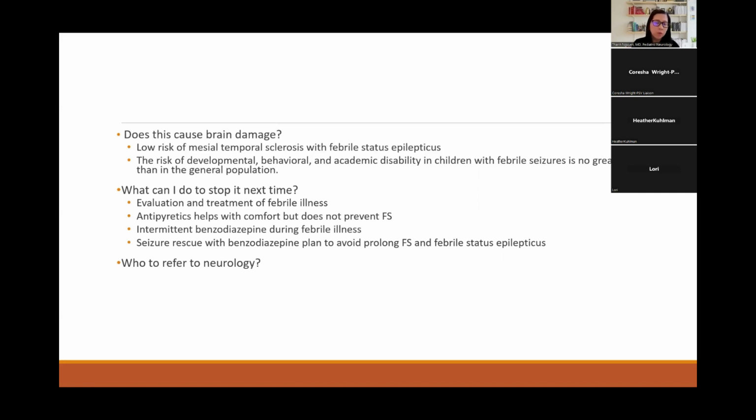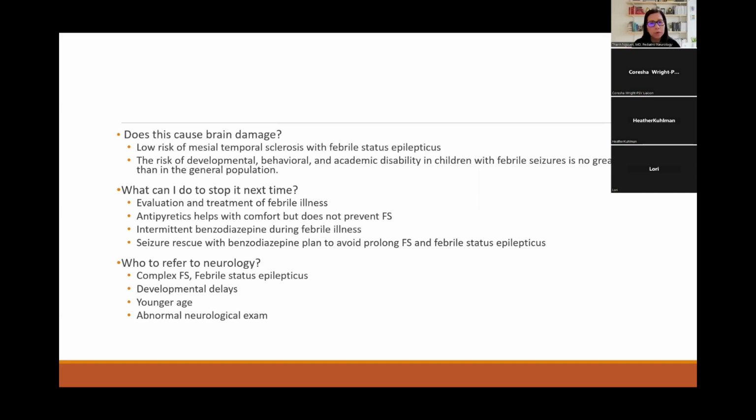And which patients are the ones you should refer to neurology? And that's the last question, which we've been talking about. Those are the complex febrile seizure patients, the patients who have febrile status, patients who have developmental delays. The younger age we often see, and we think we should see them because some of these patients have other epilepsy syndromes that manifest, called Dravet syndrome. And these are the patients who present around 1 year of age with repeated hemiclonic febrile seizures.